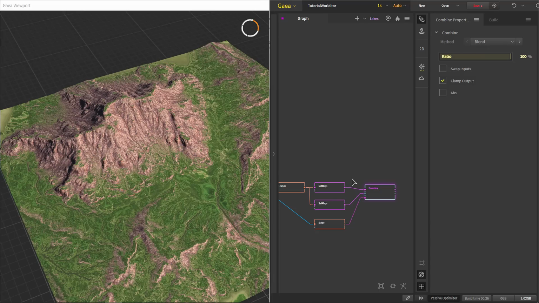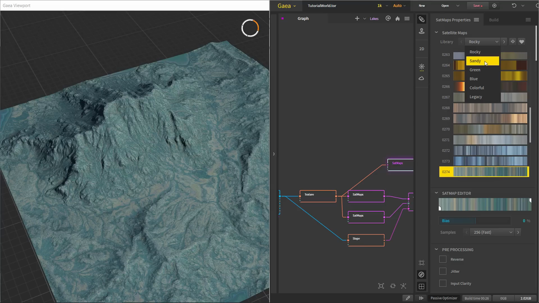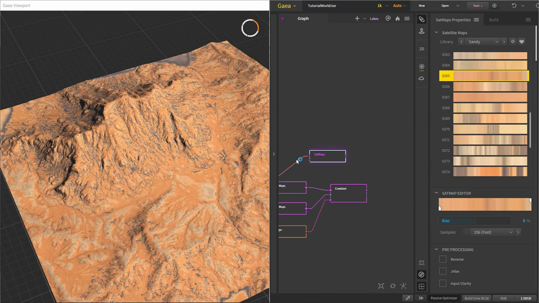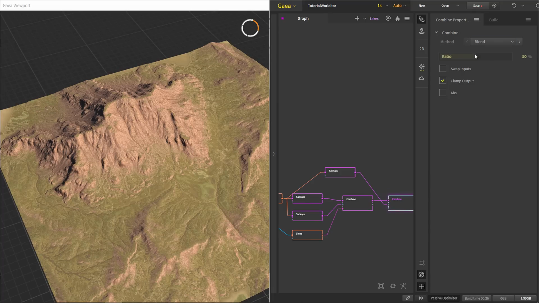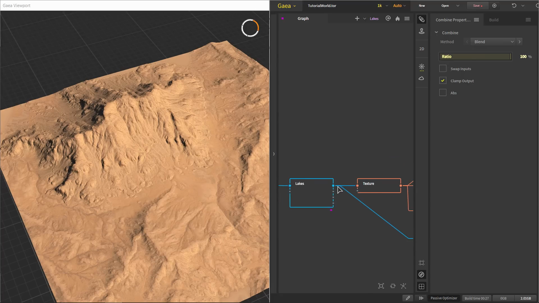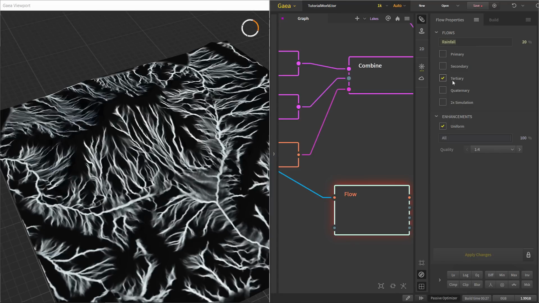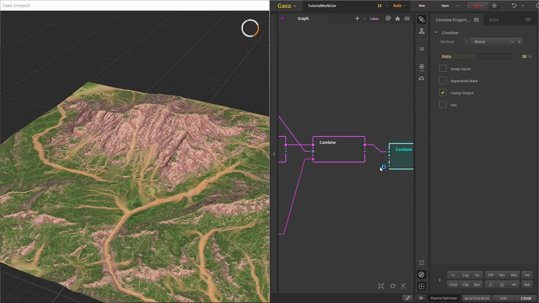Now after this, we'll add some flows in our terrain. So from the same texture, we'll put a set map. This time in the sand library, we'll use a sand color. So something like this. And combine this and the set map. So this is our combine. We'll use 100% blend. And for our mask, similarly from the lake node, we'll bring a flow mask. This time we'll use the primary and secondary flows, and this output from here goes in the mask. Now this is the sand, and finally water.